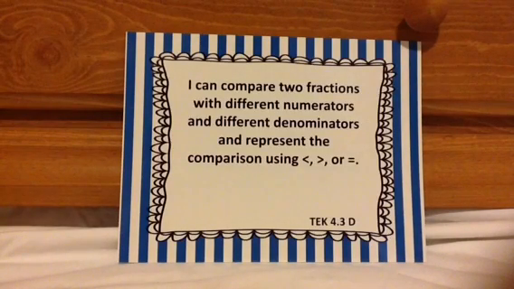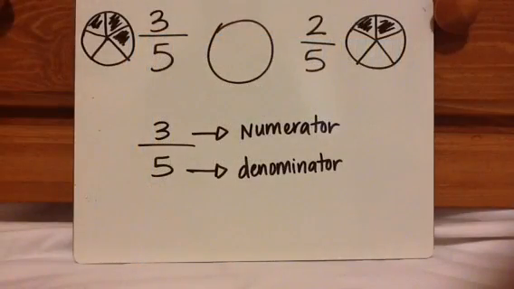Okay, let's look at TEK 4.3d. I can compare two fractions with different numerators and different denominators and represent the comparison using less than, greater than, or equal to. Let's look at a basic example with same